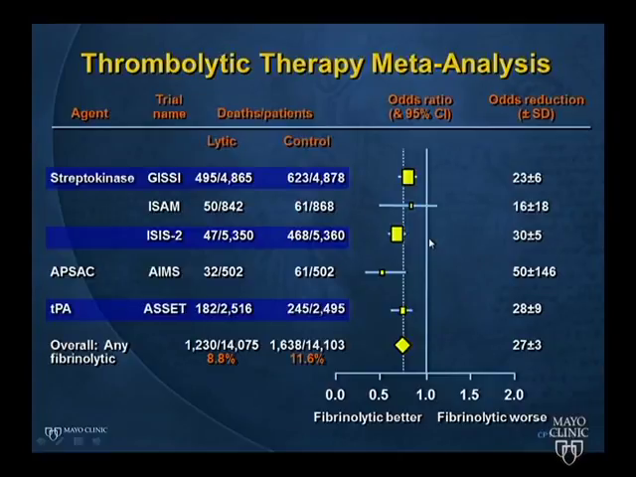Therefore, it's not significant. So if you see a diagram like this on your boards and the confidence intervals are crossing the line of unity, it's non-significant. And down here, you'll see in the aggregate, 8.8% of patients given lytics died compared to 11.6%